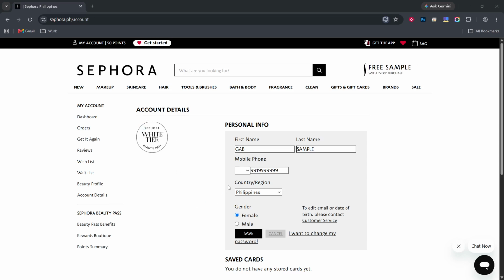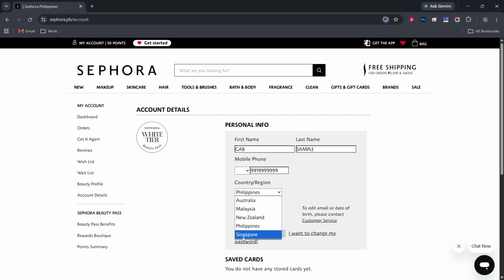With edit mode open, change the country to Canada. Look for a field labeled Country, usually a drop-down list or selector. Click it once and a list of available countries should appear. Scroll through until you see Canada, then click on it so that Canada is now displayed as the selected country. In many regions, changing the country affects which products, prices, and shipping options appear, so do not be surprised if things look a bit different the next time you shop.